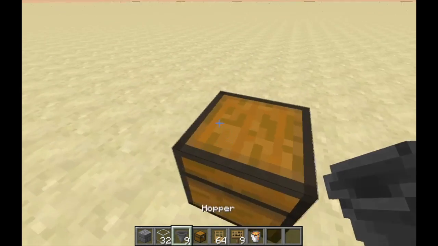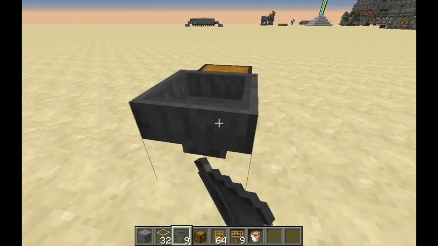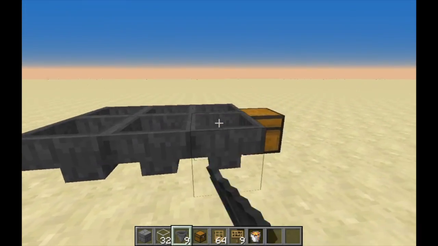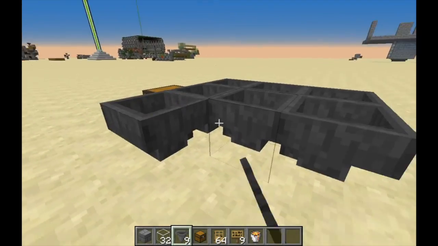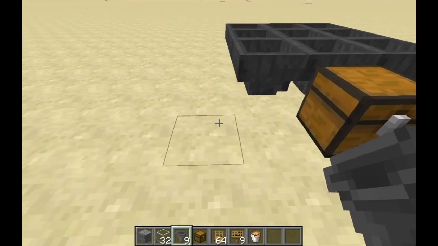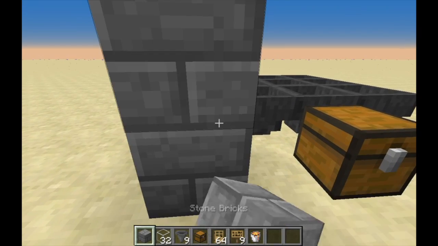And so once you place your chest, you're going to want to come through here and place 3 hoppers, and then 3 hoppers into those, and 3 more hoppers into those right there. Perfect. Now that you have your main shape, you're going to want to go through and place a junk block